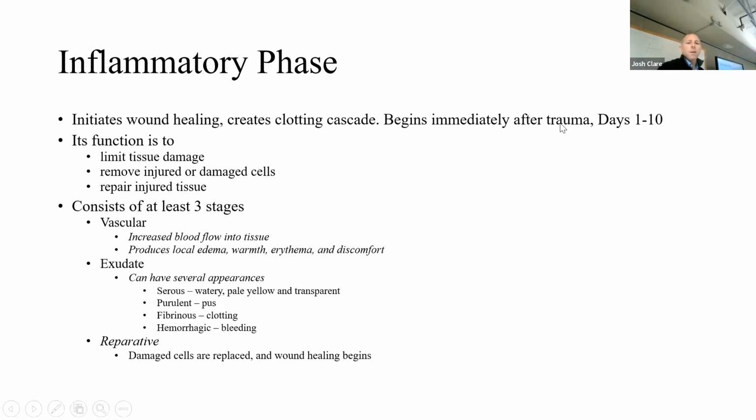The inflammatory phase initiates the wound healing and creates the clotting cascade to stop additional blood loss. It begins immediately after trauma, and days 1 to 10 would be considered the inflammatory phase. Its function is to limit further tissue damage, remove injured or damaged cells, and begin repairing injured tissue. There are three stages within this phase. The vascular stage increases blood flow to the tissue,